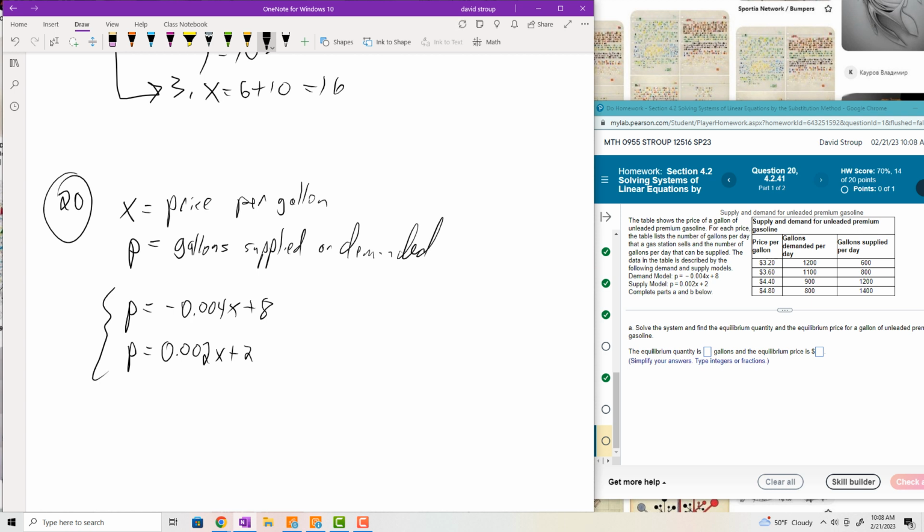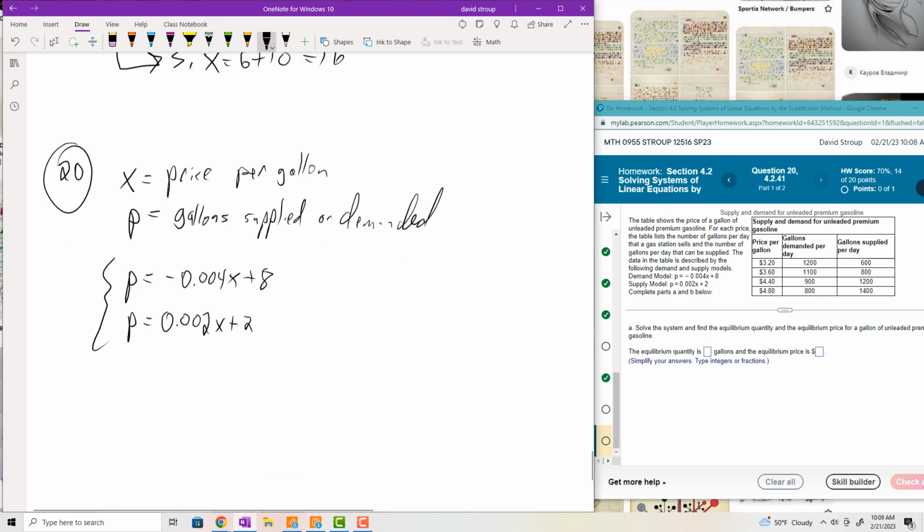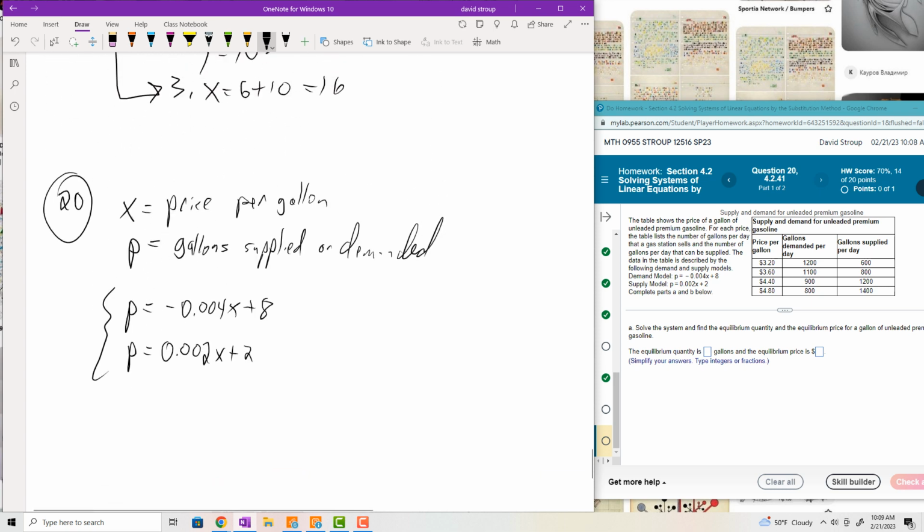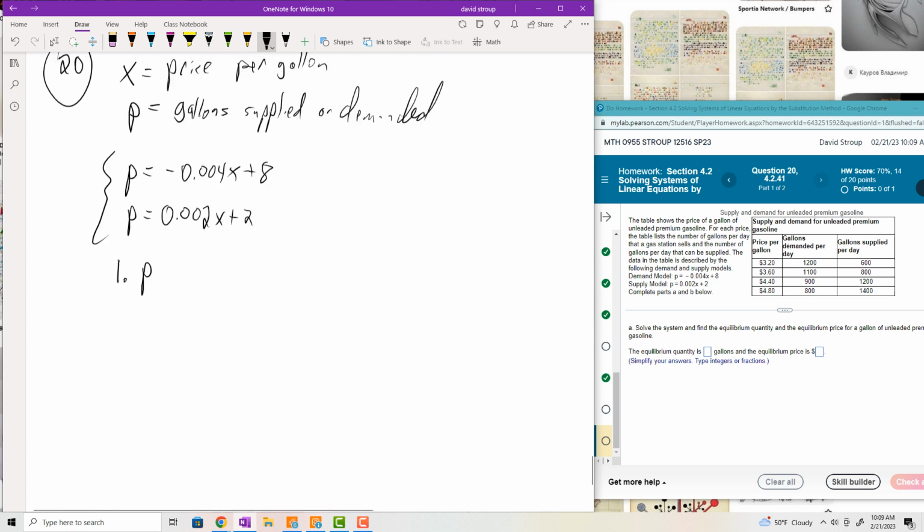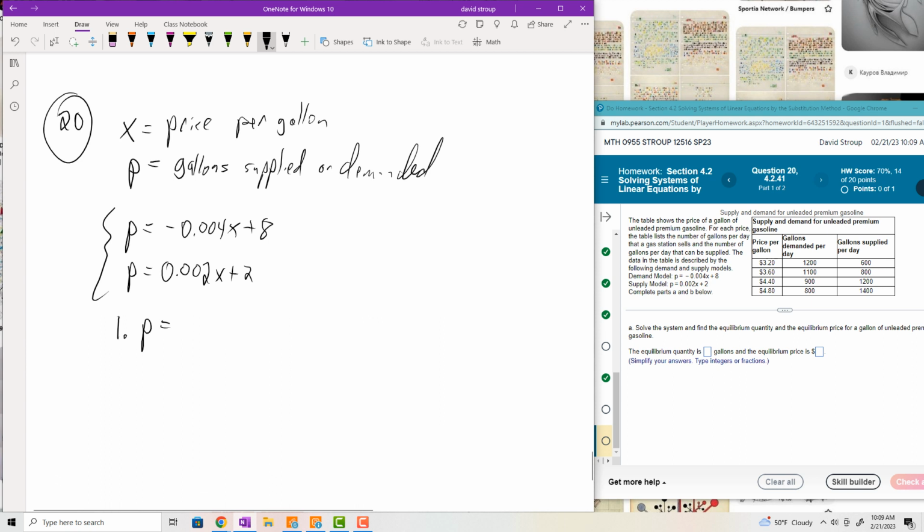Okay, so you have to imagine yourself like a gas station owner, and you want to make sure you don't buy too much gas. Right, so if only a couple of people want gasoline and you buy truckloads of gasoline, then you're in a lot of trouble, right? Because you're not going to be able to pay off the guy that you bought the gas from. So you want the supply to equal the demand, and that's what you're doing in this type of problem. So we set both equations equal to each other. Using the program I've defined above, I'm going to start with the first equation,